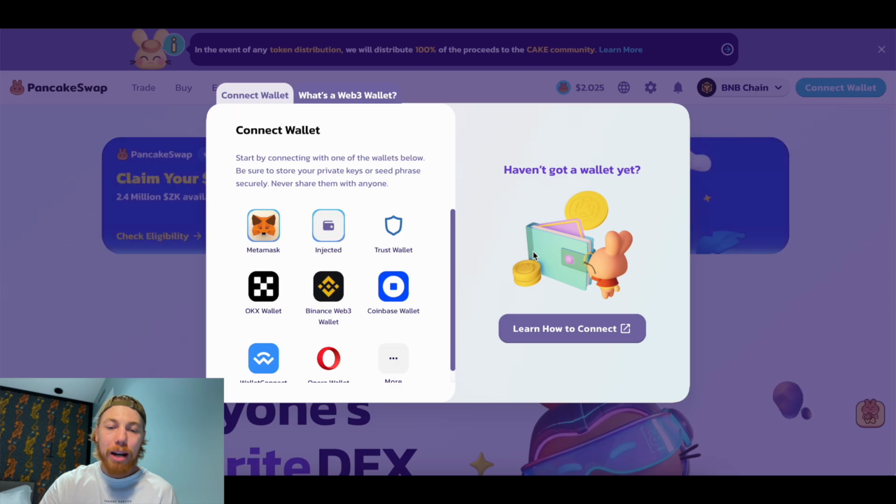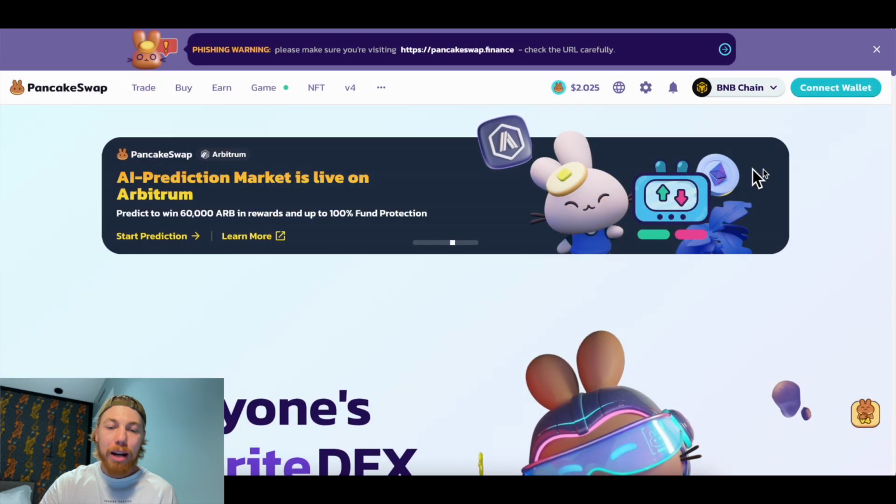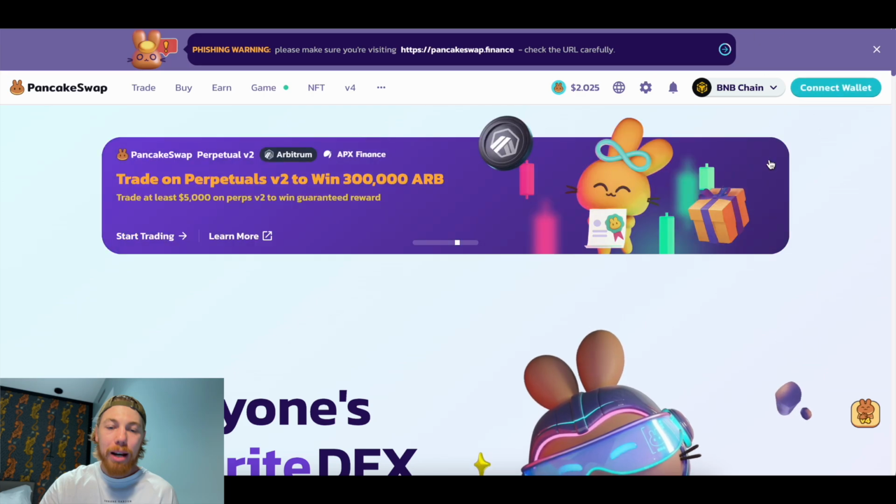And I use PancakeSwap, and I used it last cycle, guys, to trade a lot of gaming tokens and made a lot of money last cycle on Binance Smart Chain. So it is great to see it starting to see a bit of volume like we saw last cycle in 2021. So do use PancakeSwap as the main DEX to trade if you are more of a manual trader rather